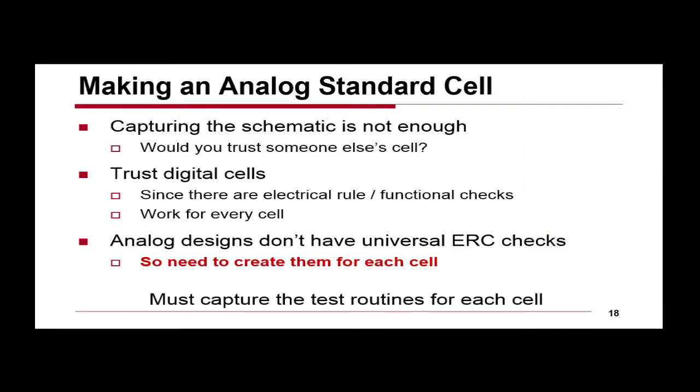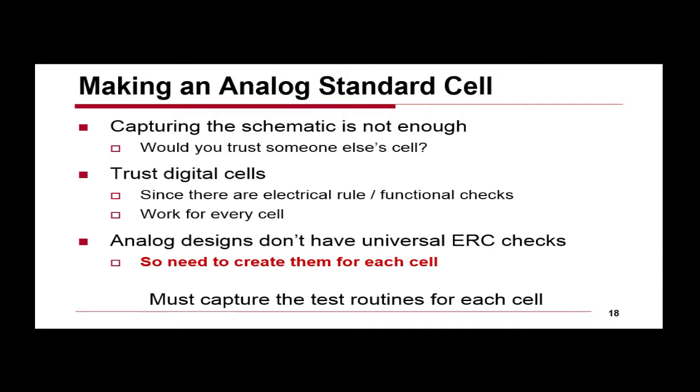So I want to make an analog standard cell. But the problem with an analog standard cell is that, unlike a digital standard cell, where I have a relatively limited set of functions and I need them in a couple different sizes, in analog you have analog parameters that you want to tune. So if I give you an implementation for an analog cell, even if it was a really good implementation, you might want a slightly different power level. You might want different bandwidth. You might want different parameters. How am I going to give you those parameters?